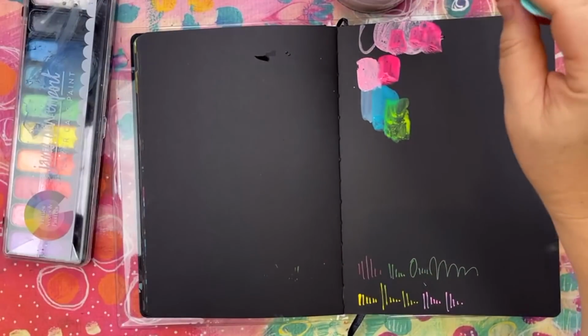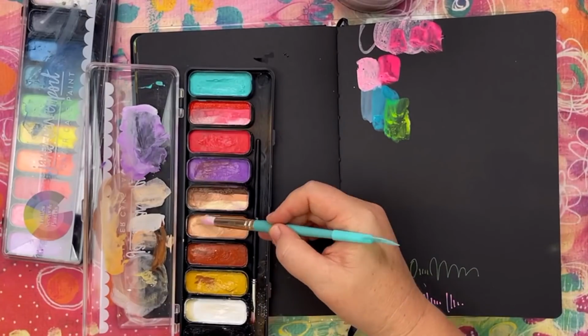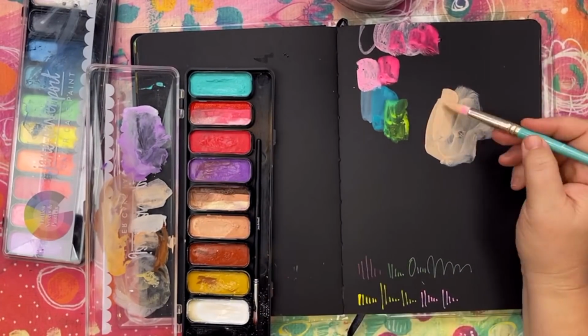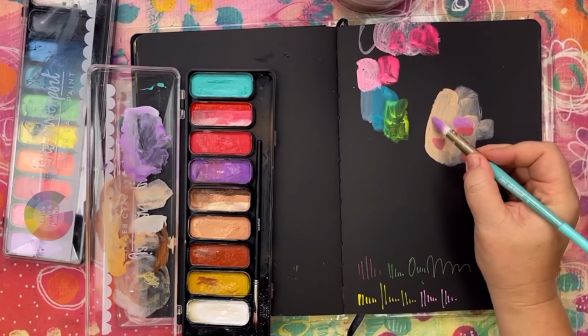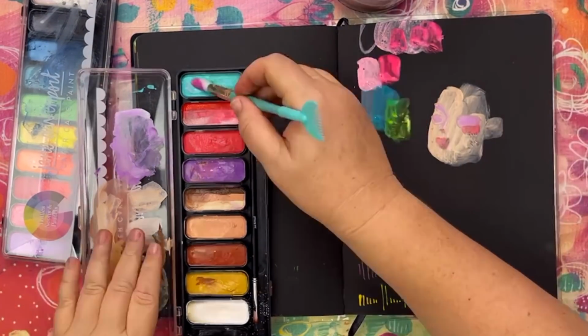I'm using the layer cake paint, I'm using the ice cream palette, that's this one, and the neon and pastel one is the Lollies palette. You can find everything on